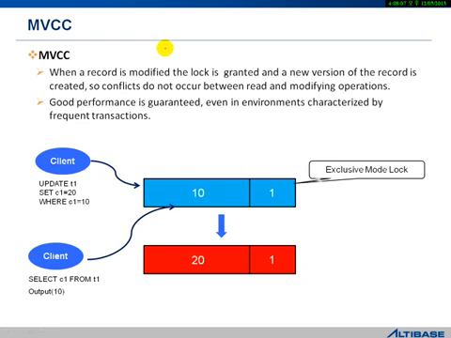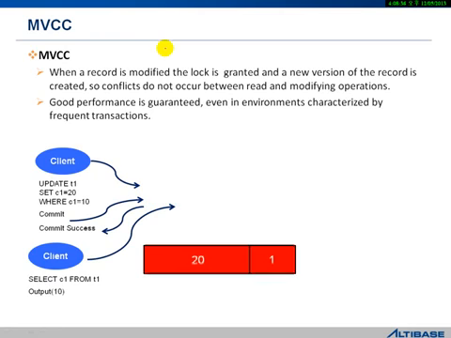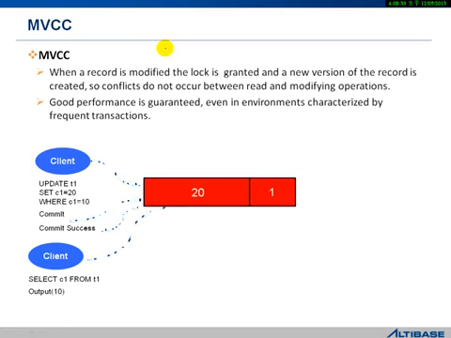Okay, so when client B accesses the original record, it gets the value of 10. And remember, in SVCC the other client has to wait, but in MVCC the other client can access the data. Okay, so because the new image of record is committed,